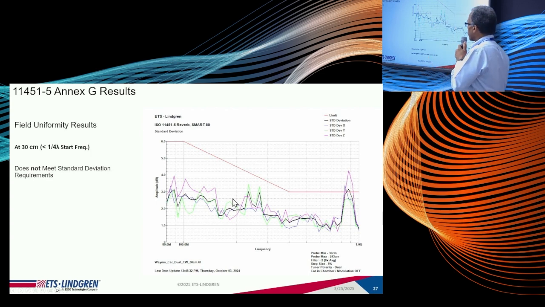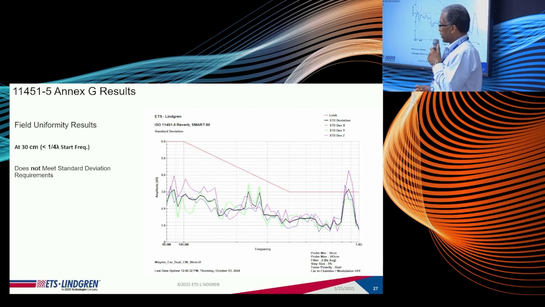And the reason why this is important is that in some cases you might have some electronics, tire pressure monitors for example, that are fairly low in the field environment and that you want to make sure still get exposed to some of that statistics of the reverb chamber. So understanding what your field uniformity is close to the floor may be a useful advantage in being able to do those measurements. We can see here that even close to the floor we still have fairly reasonable uniformity, although we're not quite meeting the limits of the standard across the entire frequency range.